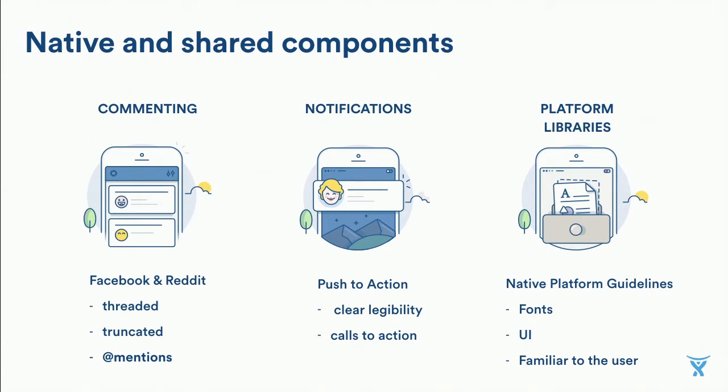So I just want to bring it back to some of the native components that we talked about. Commenting, notifications, and platform libraries were the three main areas that we were able to scale relatively quickly. We didn't have to make decisions on custom font stacks. We didn't have to make decisions on how commenting works. Facebook and other products are out there doing that very, very well. So it allowed us to scale and build this component library that we could then bring into all of our other mobile products. For instance, we would build that on a platform level, and then we could share that into Confluence and JIRA, and then eventually into our future mobile products.